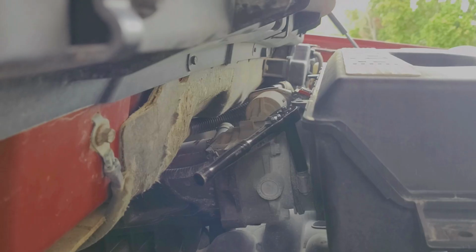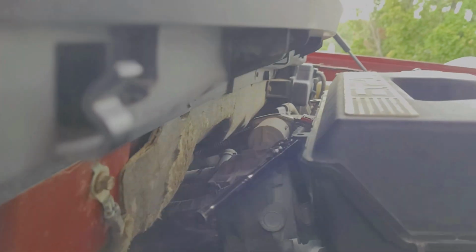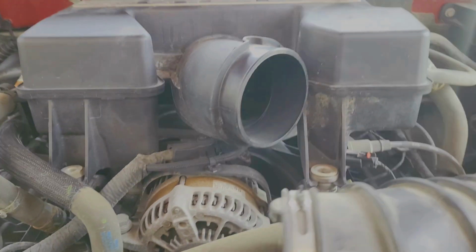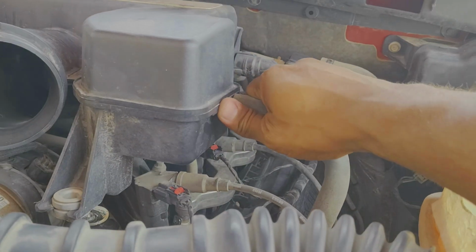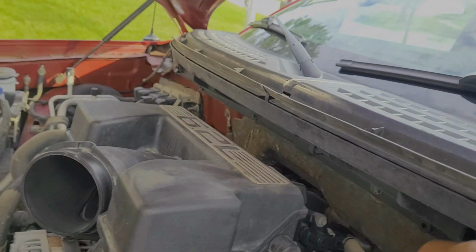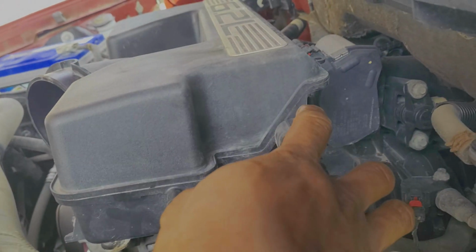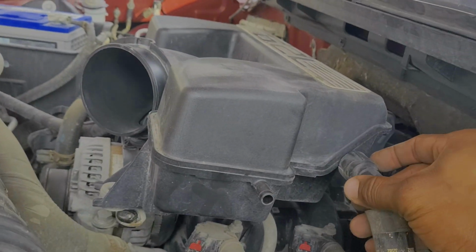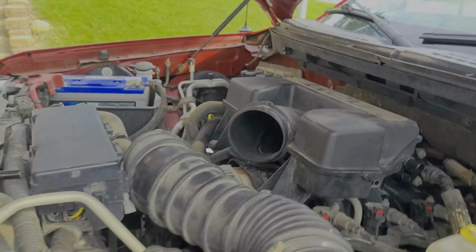Alright guys, here we are on the back side. Hopefully you can see this. Again, we're just going to loosen that one up to make things a little easier on ourselves. Let's slip over here, and we've got these two hoses here, and this hose right here, which has a simple tab release at the top. See me pointing at that little tab release? Go ahead and push that down. She slides right off,